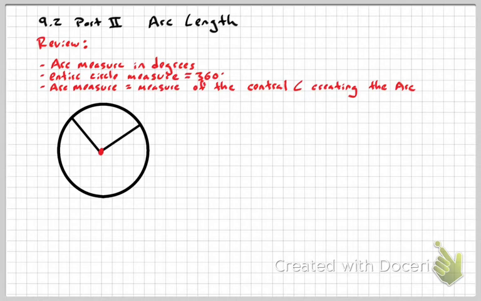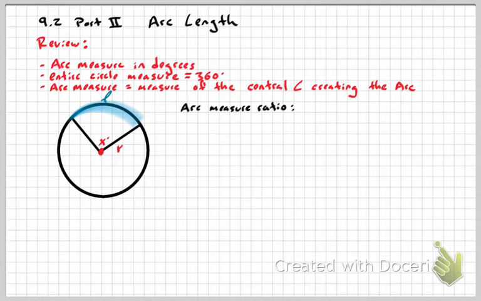Okay, so if we looked at this diagram right here, this angle measure is the same as this arc measure and vice versa. Okay, remember, minor arcs are less than 180, major arcs are greater than 180, and semicircles are 180 degrees. Okay, so that's arc measure, so found in degrees. The next thing we're talking about is arc length. Okay, and it's important to understand, in order to understand arc length and how we find it, let's think of